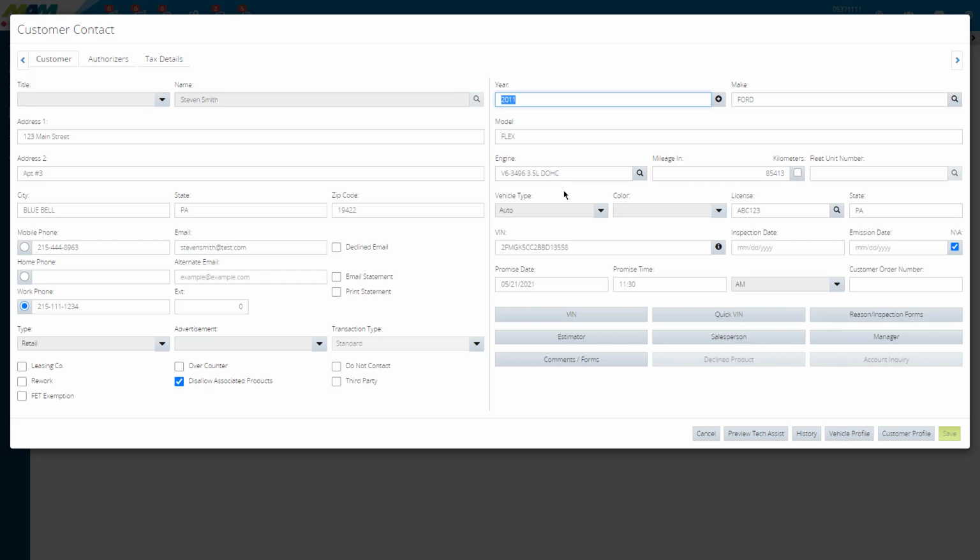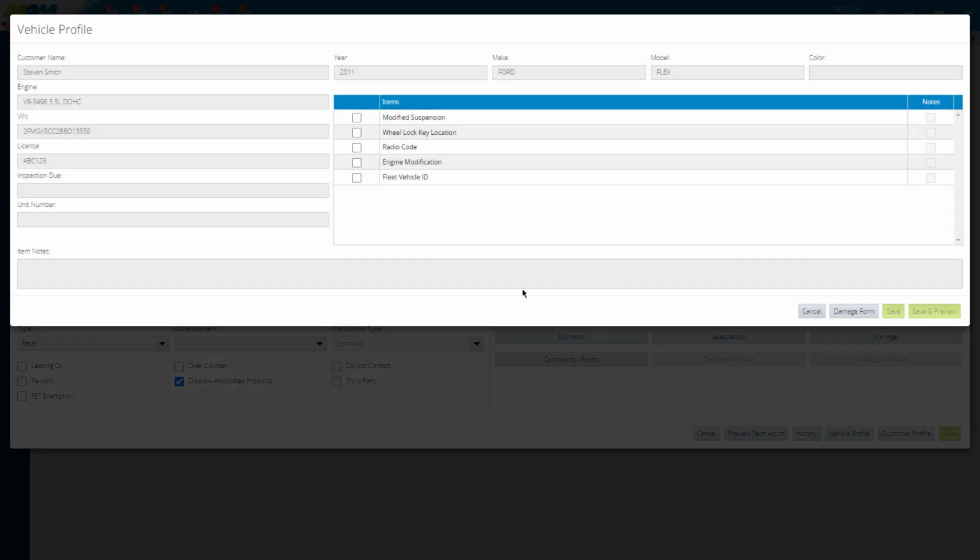Now that we added in our customer and the vehicle, if we did want to put in some information about that customer or the vehicle that may be specific, but we don't want those to print out on the customer's work order or final invoice, we now have the option to look at vehicle profile or customer profile. Under vehicle profile, we have the option to put in some notes about the vehicle. So maybe the wheel lock key location as an example. We can put in that the wheel lock key